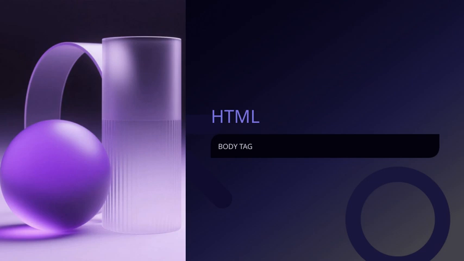Everything inside the body tag, from headings and paragraphs to images and links, will be part of the web page's visible content. Understanding the body tag is crucial because it connects the structure of our HTML with what users see and interact with on their screens. So, in the context of building websites, the body tag serves as the container for everything that makes our site